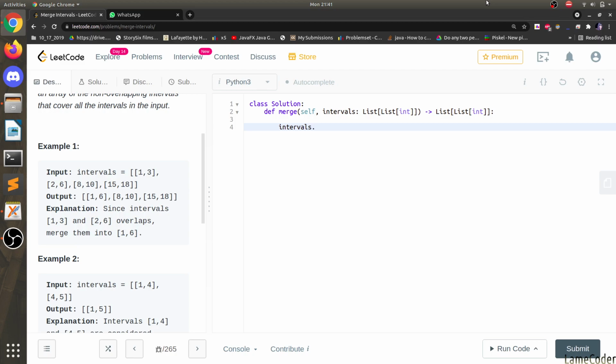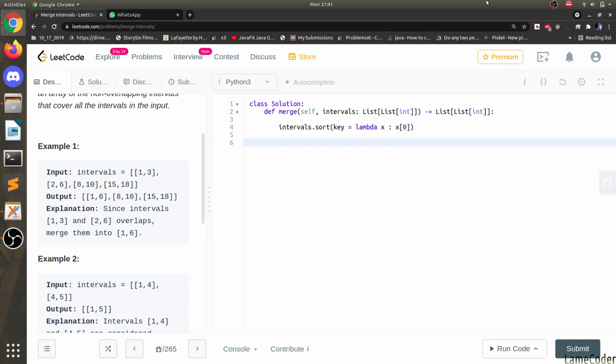It will be simple, same as in merge sort: when comparing any two elements, compare the first index, because we are sorting by the first index. Let's write intervals.sort with key equal to lambda x: x[0], so sort by first index.